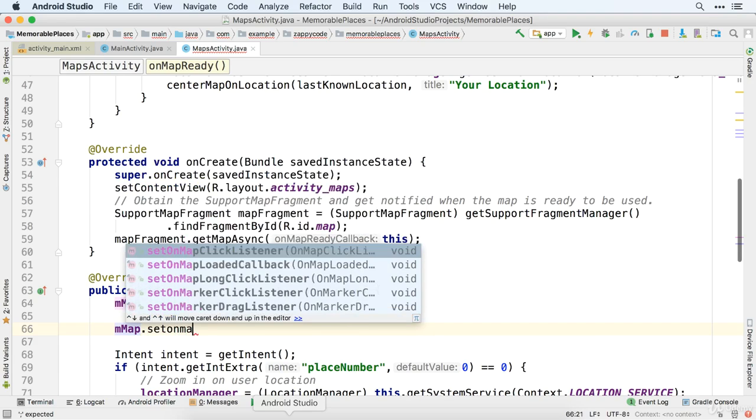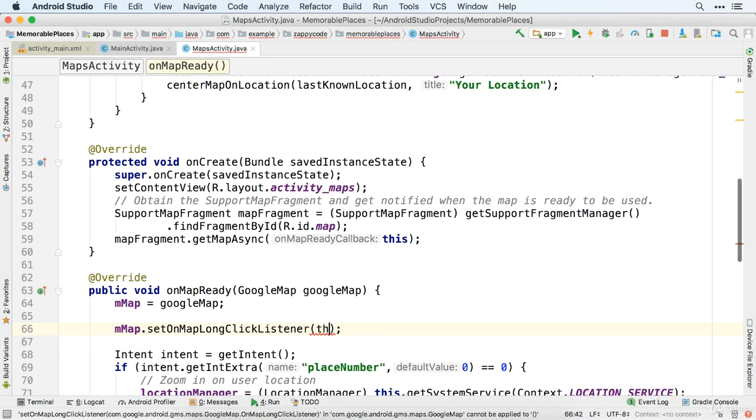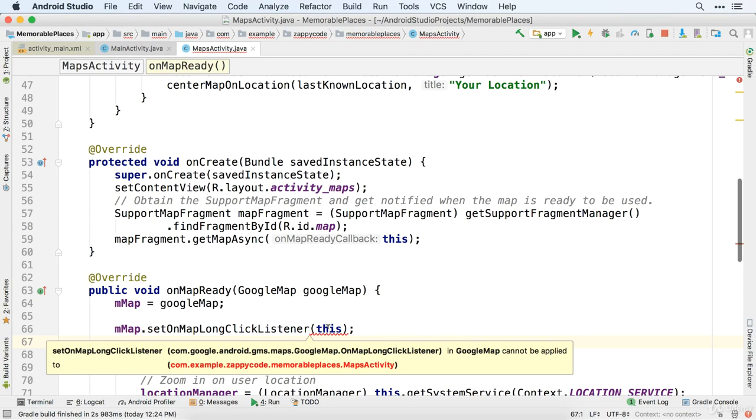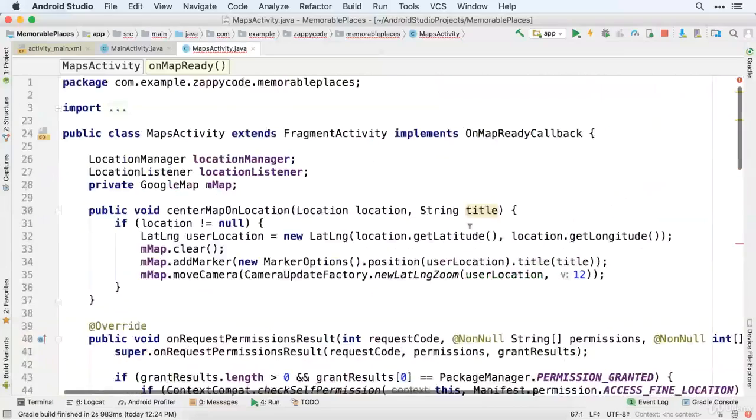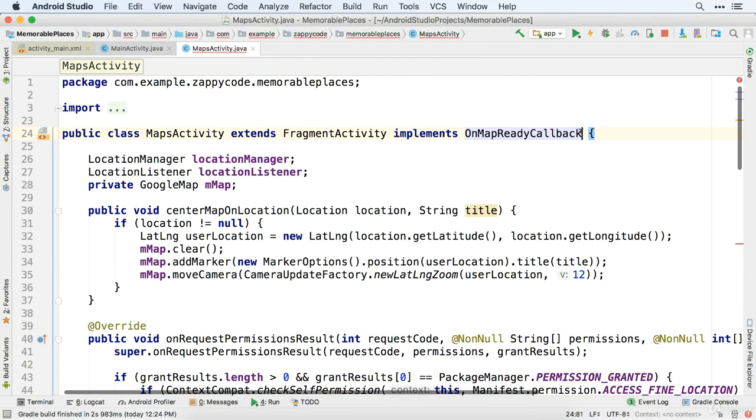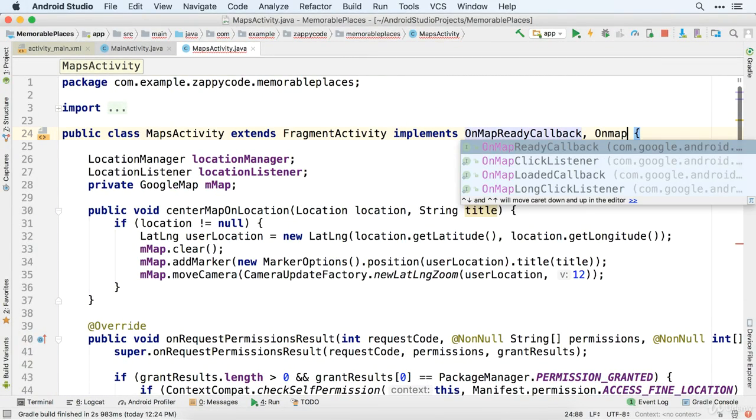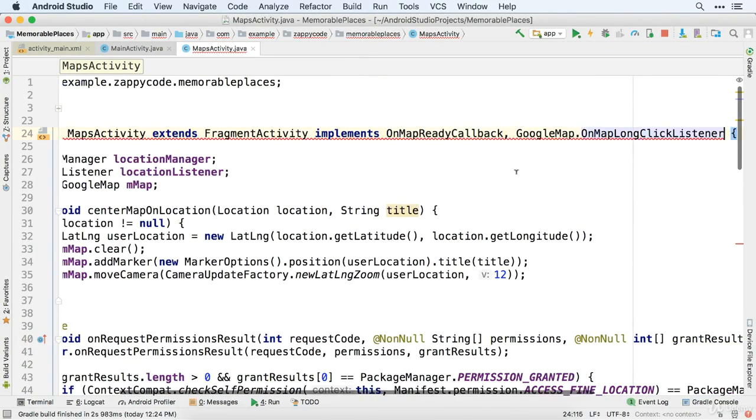nmap.set on map long click listener. Like I said, that's a mouthful. And we say this, well, it's going to give us an error because it's saying, hey, this thing doesn't implement the correct on map long click listener. So if we just go ahead and put a comma here and type out on map long click listener,